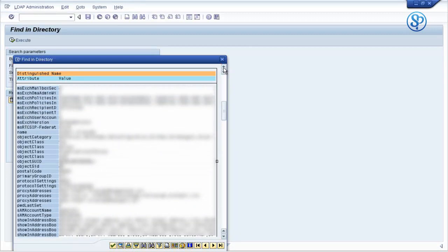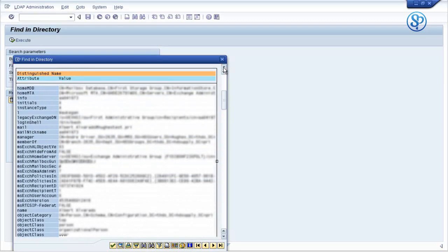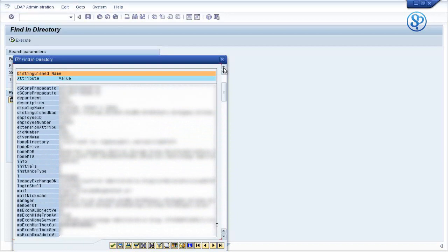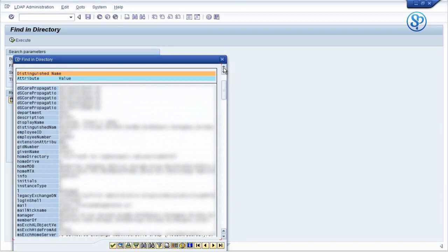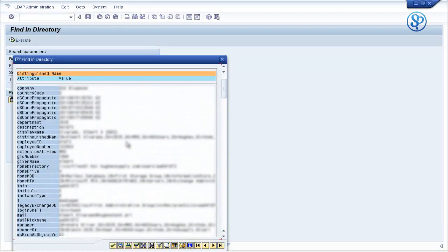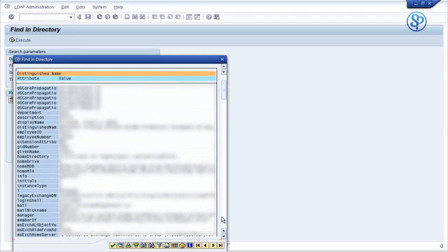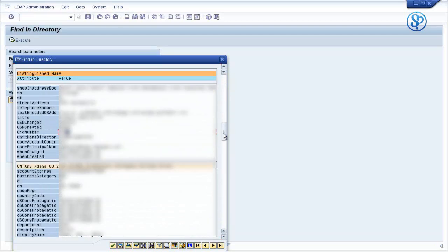There is no attribute here for account. Account number. Okay, so what we'll do, because we don't find an attribute for account here,